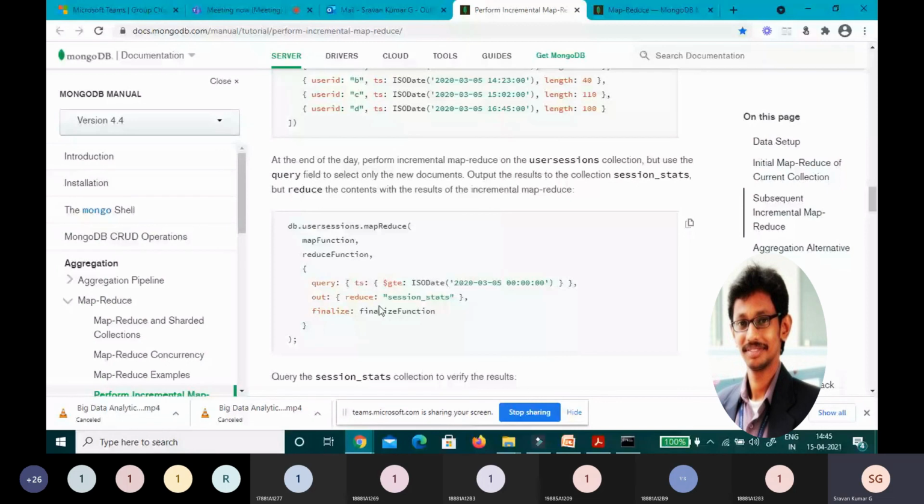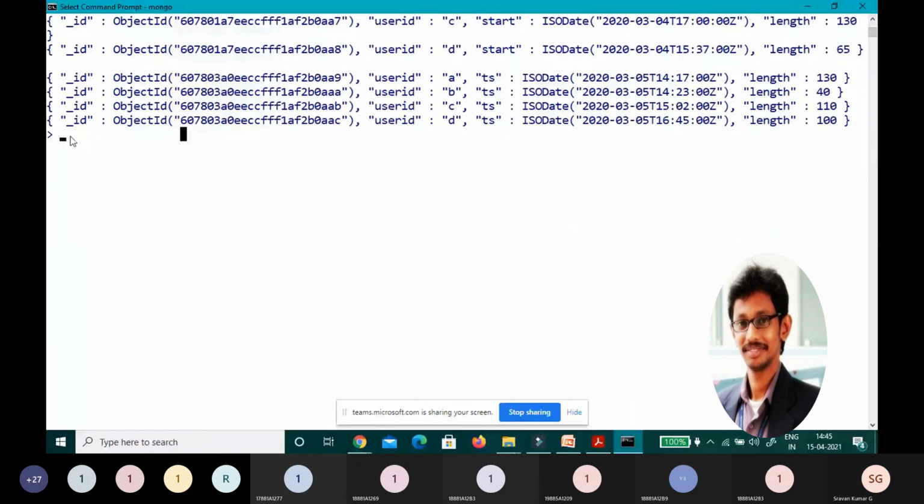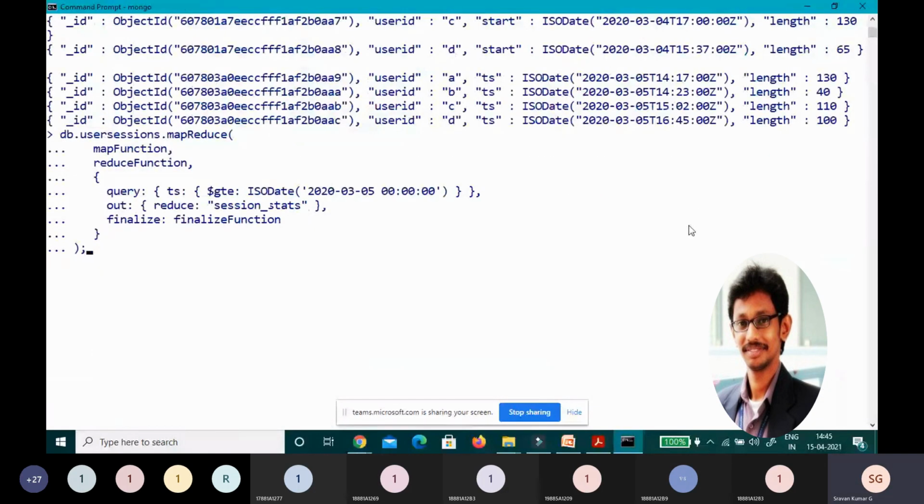Now I'm taking this, copying it, and pasting it here. Just copy it again and paste here. Okay, now my session_stats has been generated.